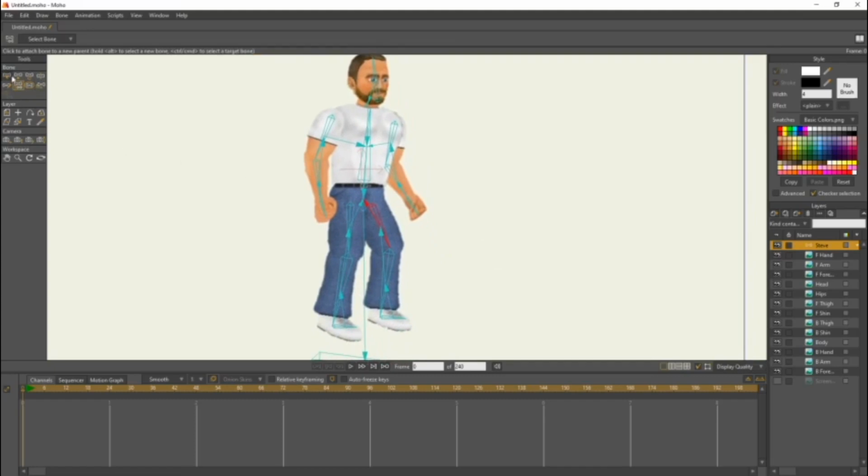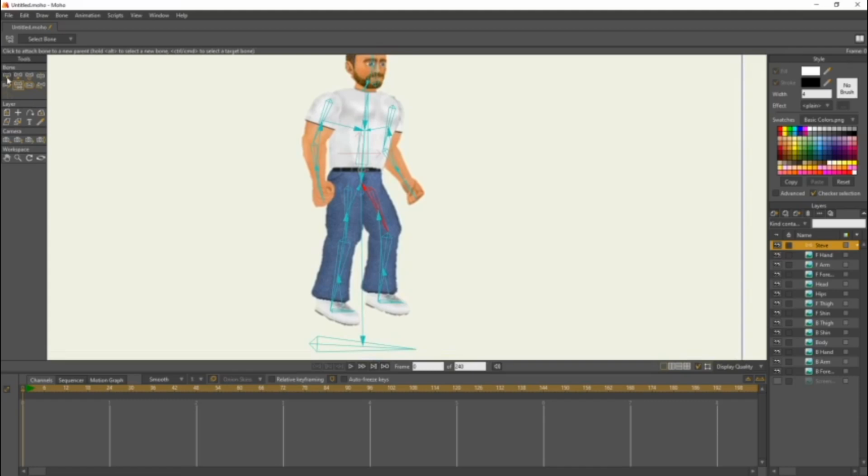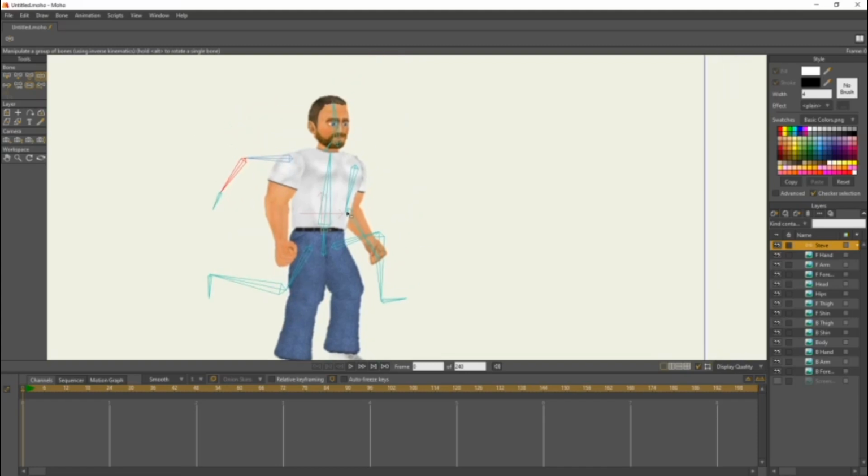And that should be your character rigged. Now, if we come up here to the manipulate bones tool, click on that, and we'll see what this does. It's not going to move the character yet, because we haven't parented it, but if you move one of these bones, or multiple, you can see it moves the bones. So we're just going to move all these to make sure they're correct.